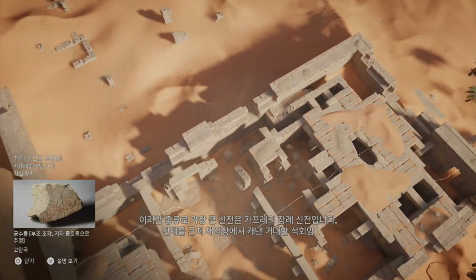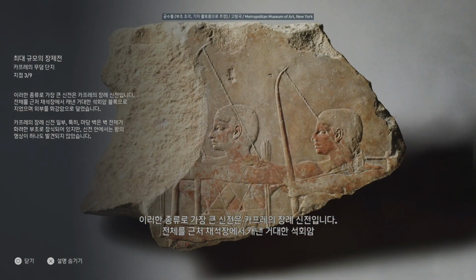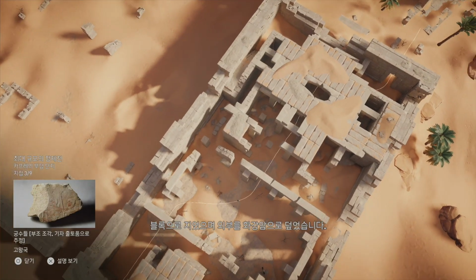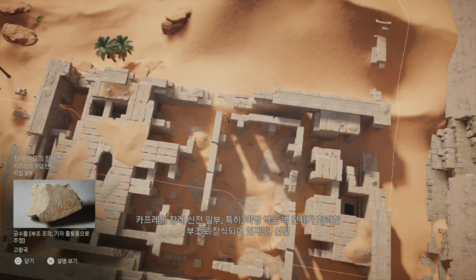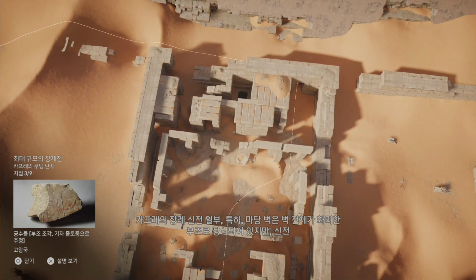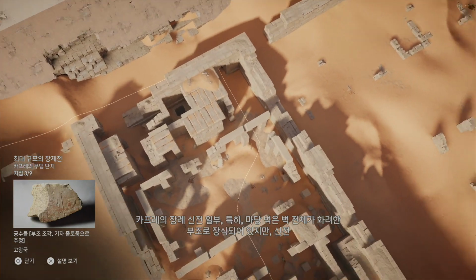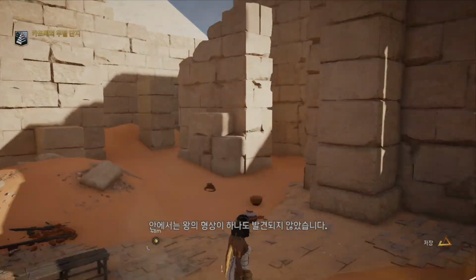The largest of all such structures, Khafre's Mortuary Temple was entirely built with megalithic blocks of limestone from a nearby quarry and encased with granite. Parts of Khafre's Mortuary Temple, particularly the courtyard walls, are thought to have been decorated with splendid reliefs. However, not a single image of the king has been discovered inside the Mortuary Temple.